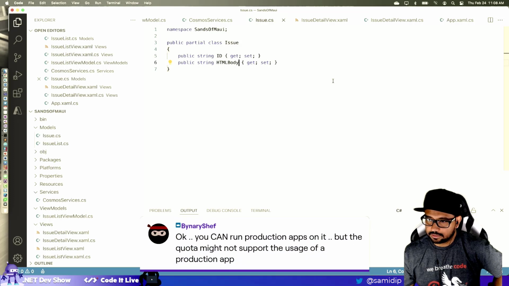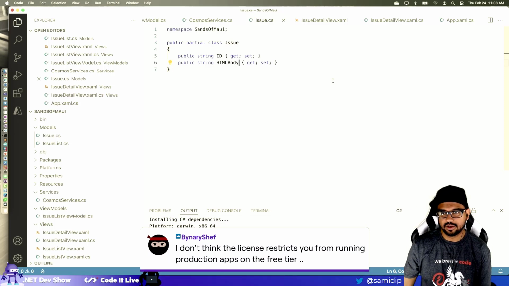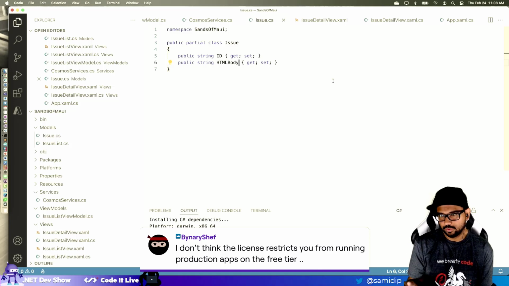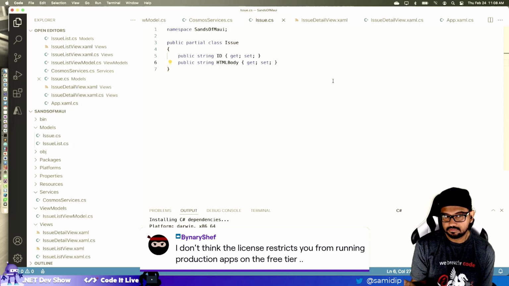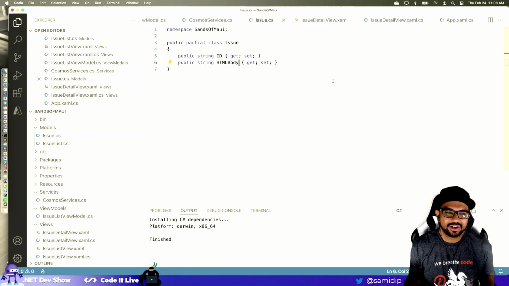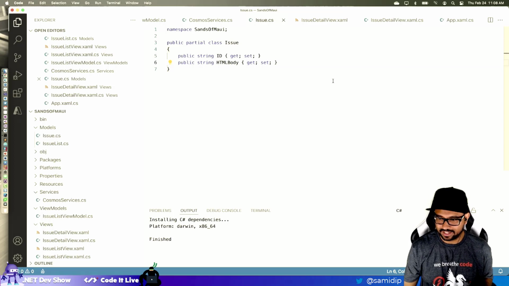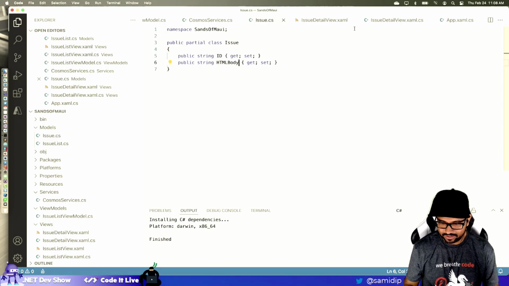You can run production apps on it, but the quota might not support the usage of a production. Okay. I don't know. I will see. I'll have to read up. I don't think the license restricts you from running production apps on the free tier. Yeah, that's what I thought. And like I said, beyond the free tier, we have a little bit of credit. So I'll deal with it once I am ready. My app is not ready. Once I'm ready to push to production, I will read the license and I will make sure I'm doing the right thing. Yeah. Okay. So let's go to our...